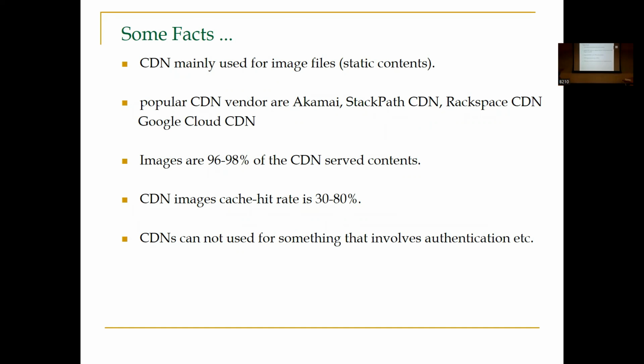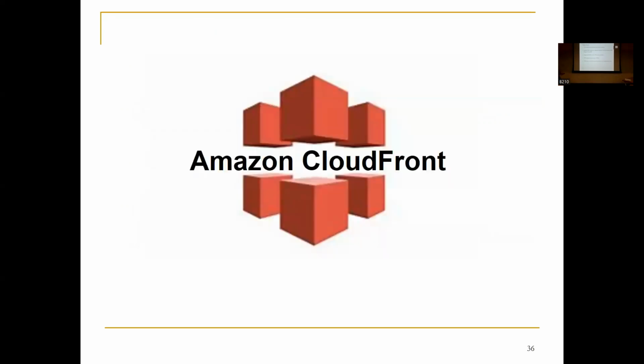So this is mainly used when you have static content, then only it is more meaningful. If you have highly dynamic content, then it is not good. And it is also not used for anything which involves authentication. Then we have Amazon CloudFront. So the CDN structure we understood. Now how it is provided by Amazon: Amazon is providing CDN kinds of services with CloudFront. So CloudFront is a CDN at AWS.